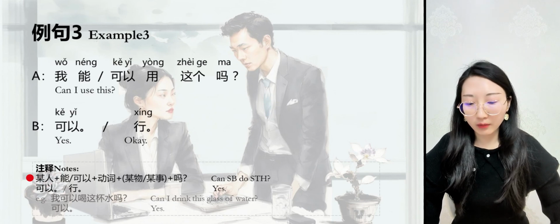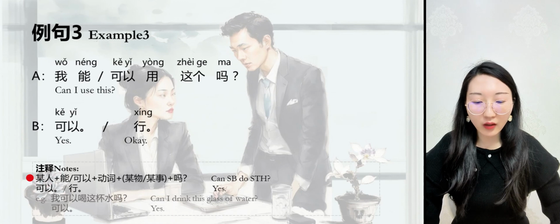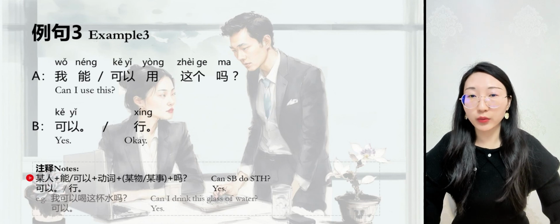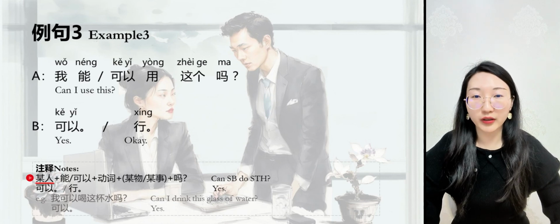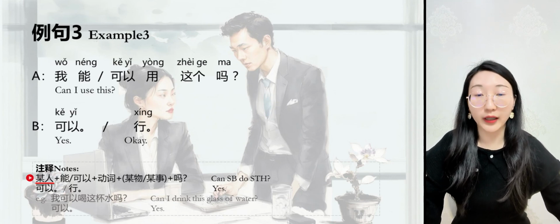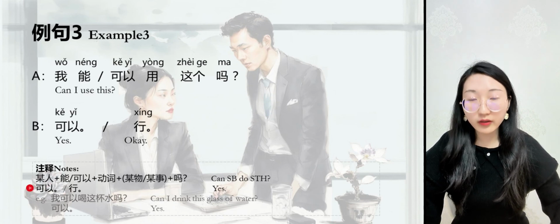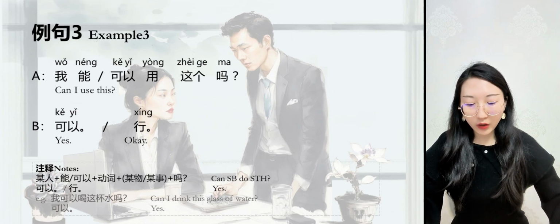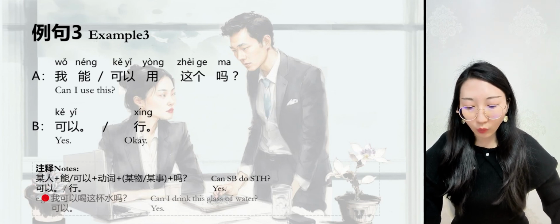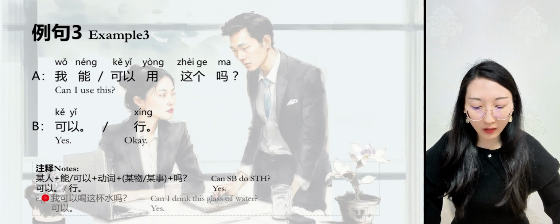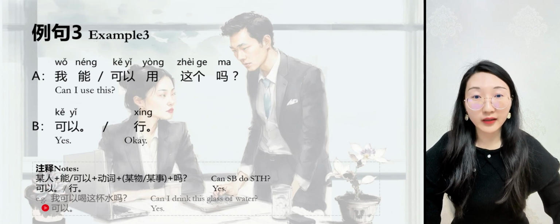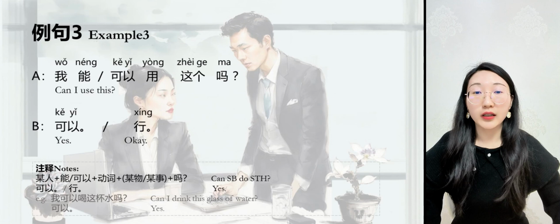Together it's 某人能可以动词某物某事吗 can somebody do something. So compared to the last sentence we learned, this sentence with a subject is more clear and specific. It's directed to ask if someone can do something. And as for the answer, we know positive answer first. It's 可以行 yes. So for example, can I drink this glass of water? 我可以喝这杯水吗？Yes, 可以。